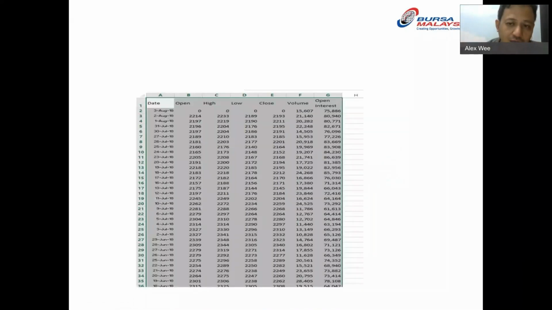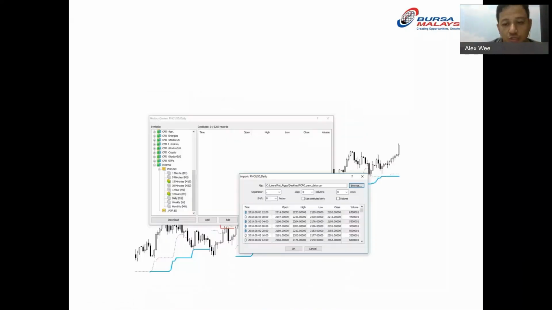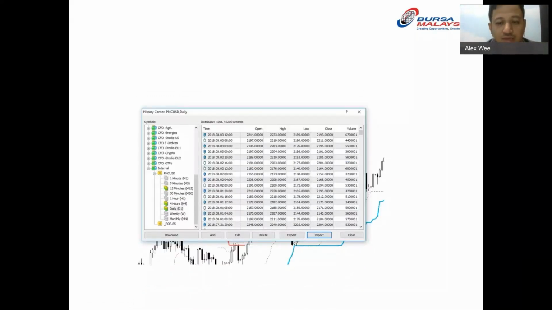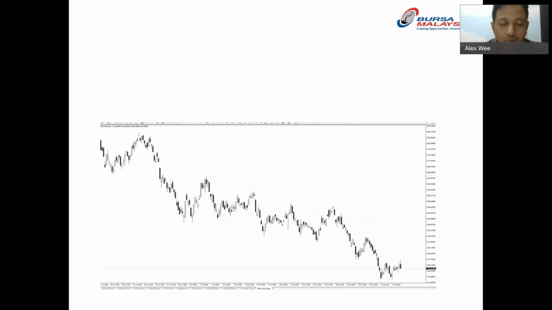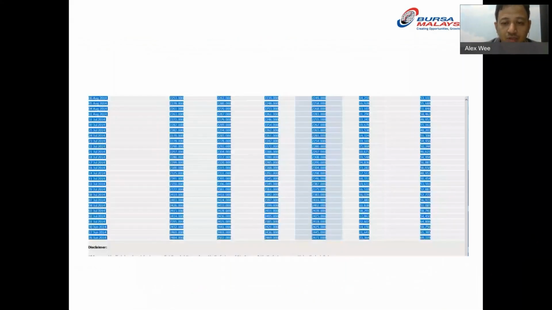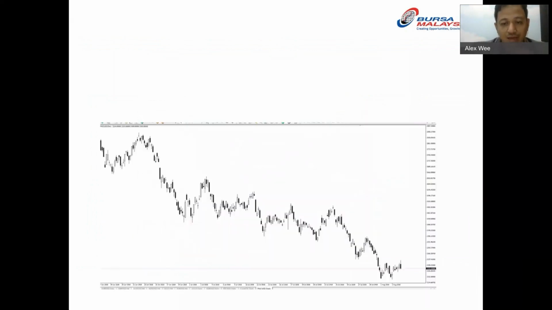And then of course you can export this data from Bursa Station to where? To Excel, and from Excel to where? To MT4. MT4 is where you can create new indicators. You can program new indicators in MT4 using C++ language. MT4 is not only meant for CFD brokers, but is a platform where you can do testing, backtesting, and create new indicators. You can put all the data into MT4 and display an FCPO chart in MT4 in this manner.